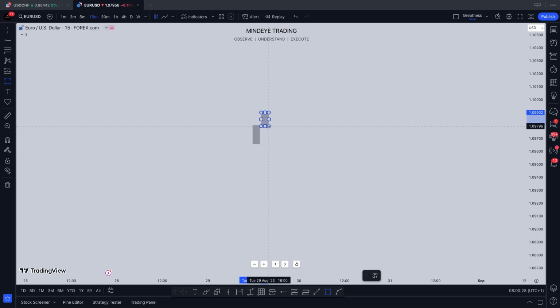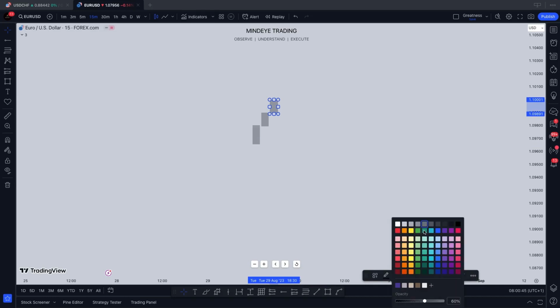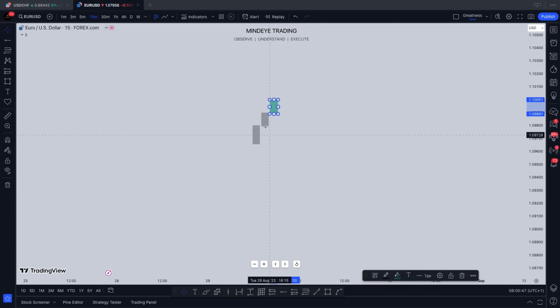Now, the concept of imbalance usually involves three candles. Do not worry about the colors of the candles. Do not worry where they are formed. Do not worry where to start from. This is why you need to have a defined edge to know how to locate your imbalance. Let me change these colors now to bullish, because this seems like a bullish candle as I have drawn, or should I say highlighted here.